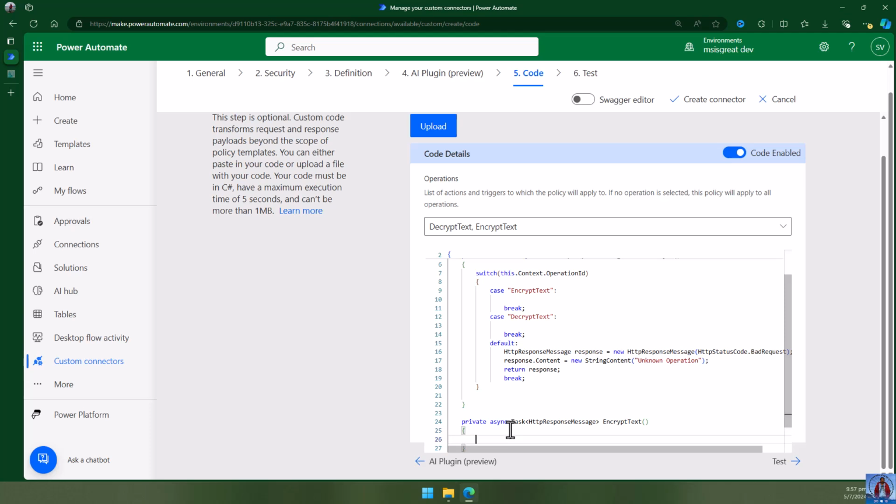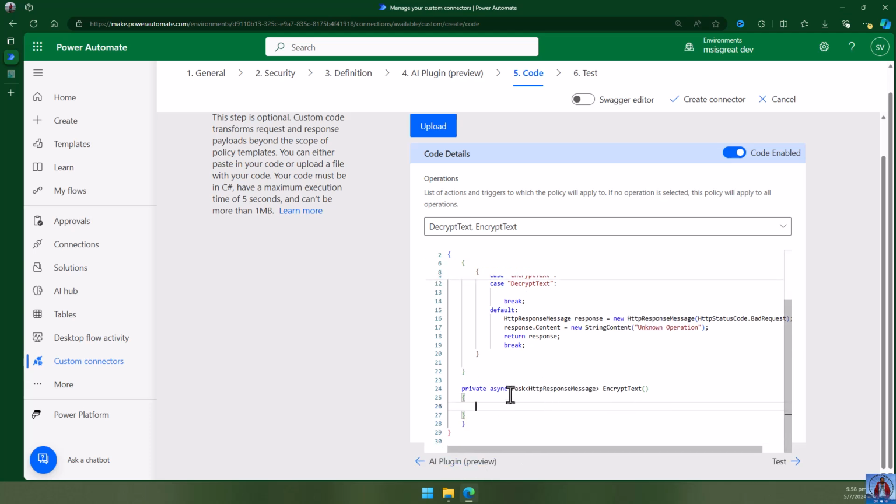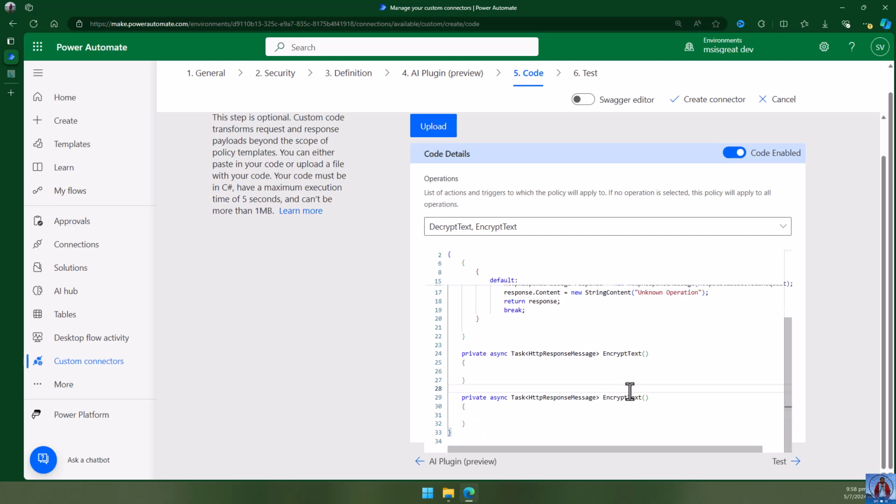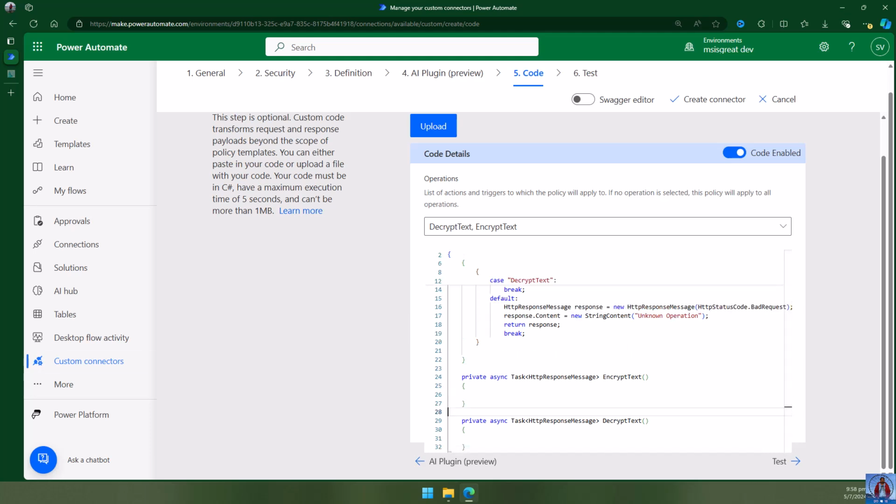Okay, so this is the encrypt text method, and then I'm going to add one more. Okay, I have one additional, which is decrypt text. So these two are the private functions which I'm going to create for encryption and decryption logic. So what I'm going to do is call this method within